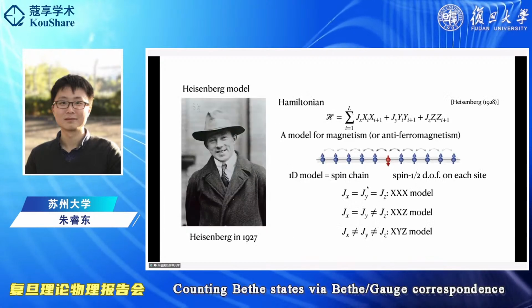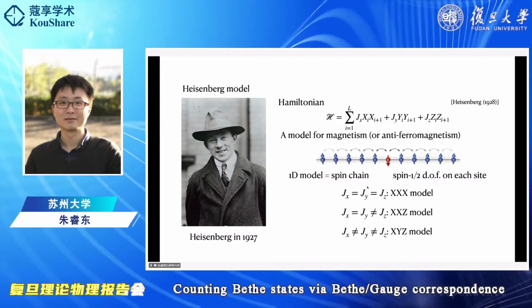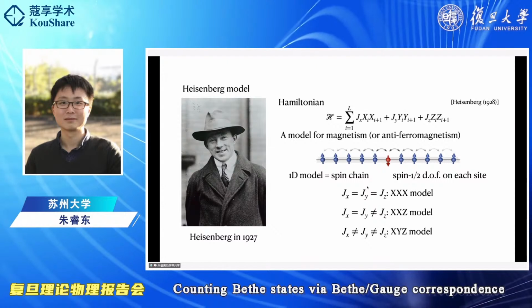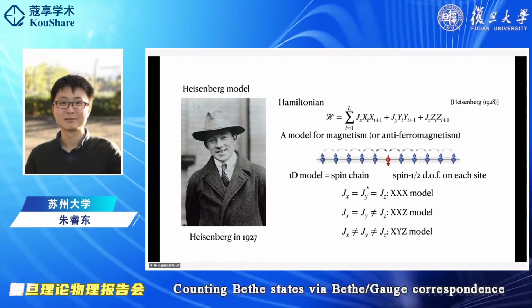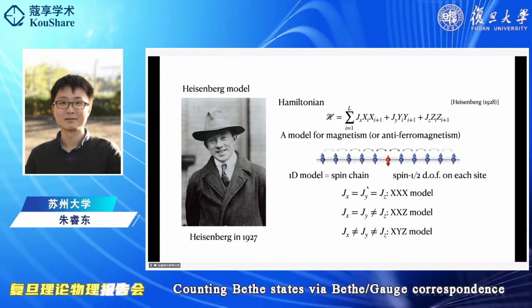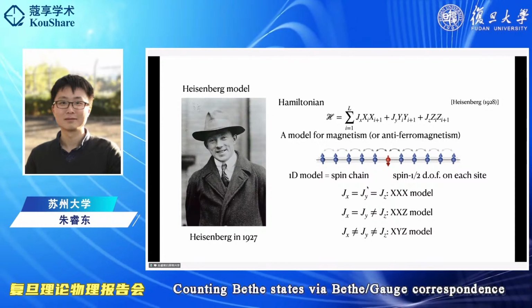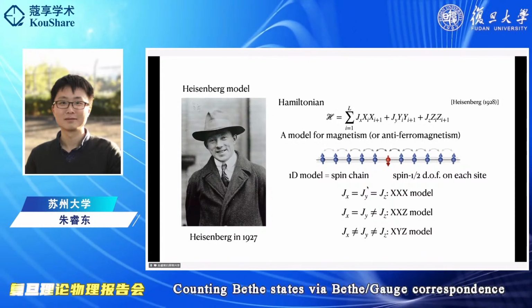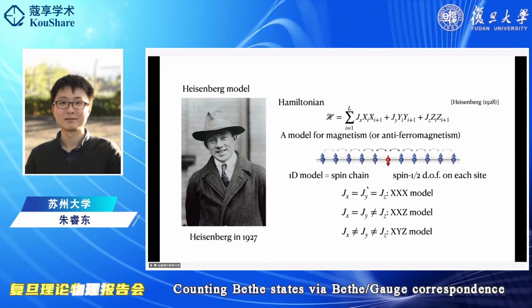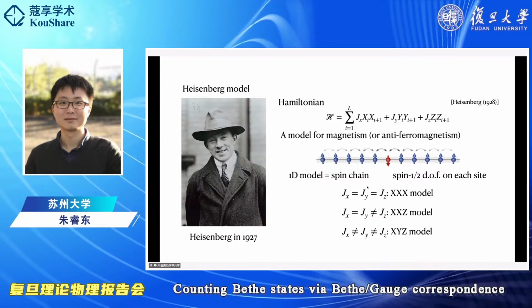So now I'm going to tell you what the Heisenberg spin chain is and how to derive the Bethe equation for this theory. This is a very old model proposed by Heisenberg back in 1928 or so. We consider just a lattice of spins, and at each site the spin can be up or down, and they have an interaction that takes a